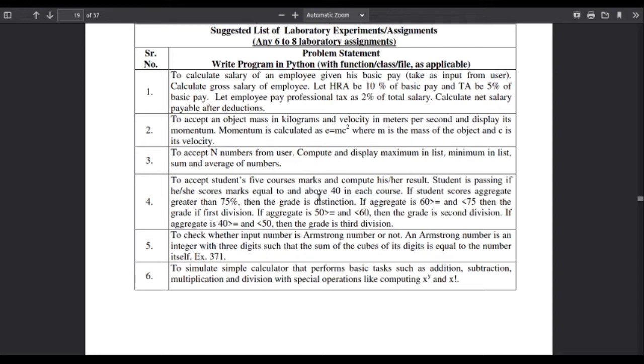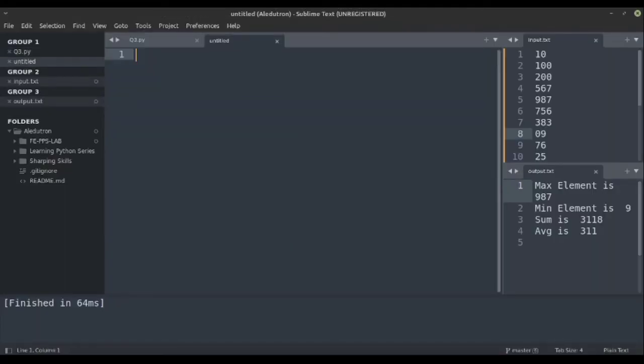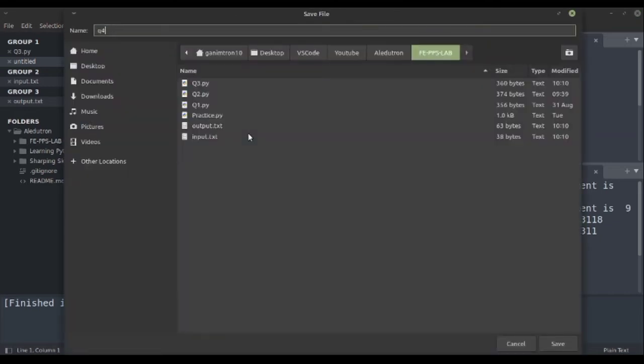So we have to check a condition that if each course's marks is greater than or equal to 40, then the student is pass, else he is definitely failed. And then for printing the grade, we have to check a few conditions and then print his grade. So let's head on to our text editor, create a new file, save it as